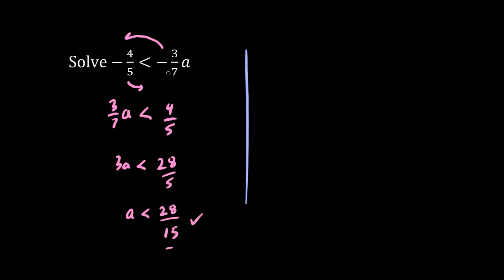Let's try the problem one more time. We're allowed to multiply both sides by the reciprocal. Multiply by -7/3. Negative times negative becomes positive, and when we multiply left and right hand side with the reciprocal, 7/3, 3/7 times the reciprocal, 7/3, becomes 1. So we have a on the right, and because we're multiplying by a negative number, the inequality flips, and so